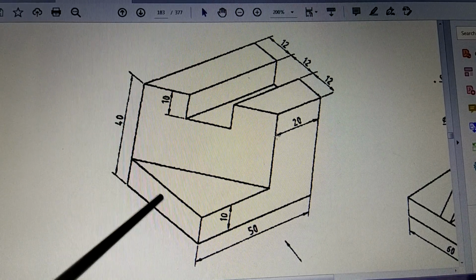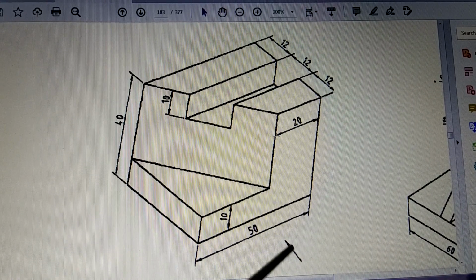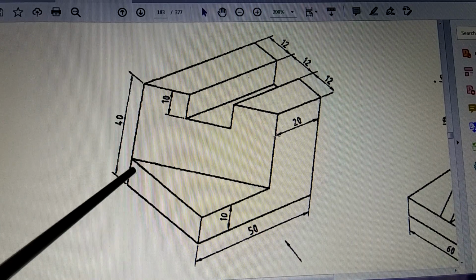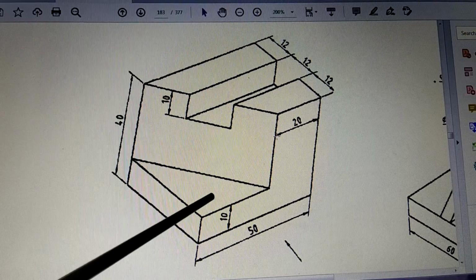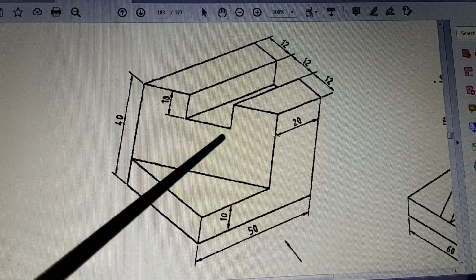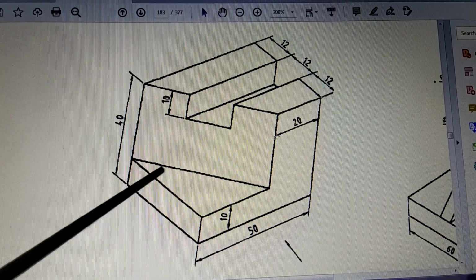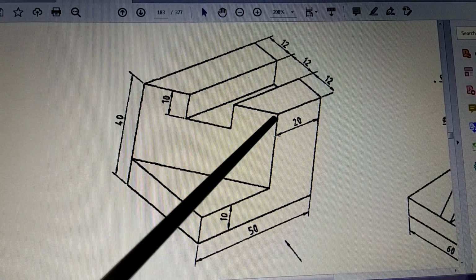No, this is in line with your viewing. So you are looking in this direction, and this is parallel to your direction. So this you will not be able to see. Similarly, this also you will not be able to see. But if you look at this surface, this inclined surface, this inclined surface you are going to see, and